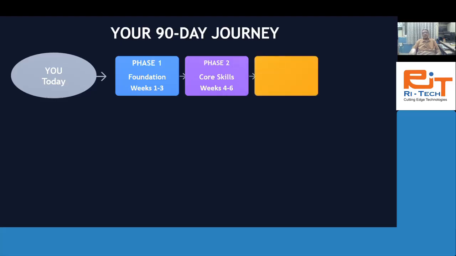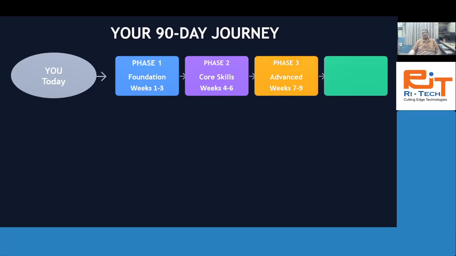So from the fourth to sixth week, we'll cover the core skills. Now for advanced skills, from week 7 to 9, so around 9 weeks and maybe 2, 4, 5 days, plus or minus. So you will be ready for phase four.